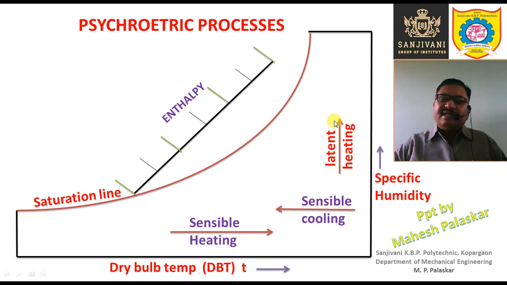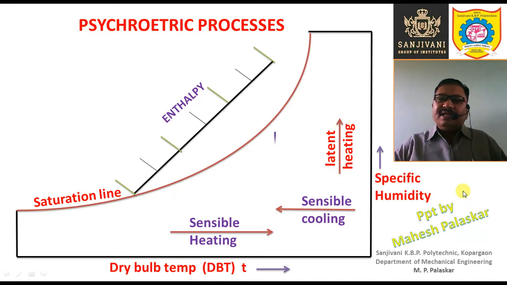Okay, now another is the latent heating process. This process is latent heating. You can see that it is represented by a vertical line. So during latent heating, you will find that there is no change in the dry bulb temperature. Dry bulb temperature is constant, but the specific humidity or the humidity ratio is increased directly during the latent heating. That means the moisture content is increased. We are adding moisture without any change in the dry bulb temperature, right? Of course the wet bulb temperature may increase, the dew point temperature is also increased, but the dry bulb temperature is not increased during the latent heating process.